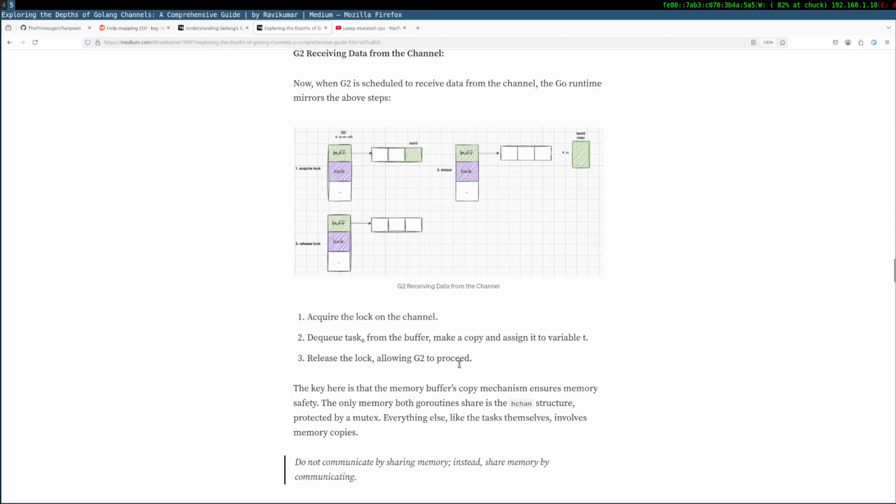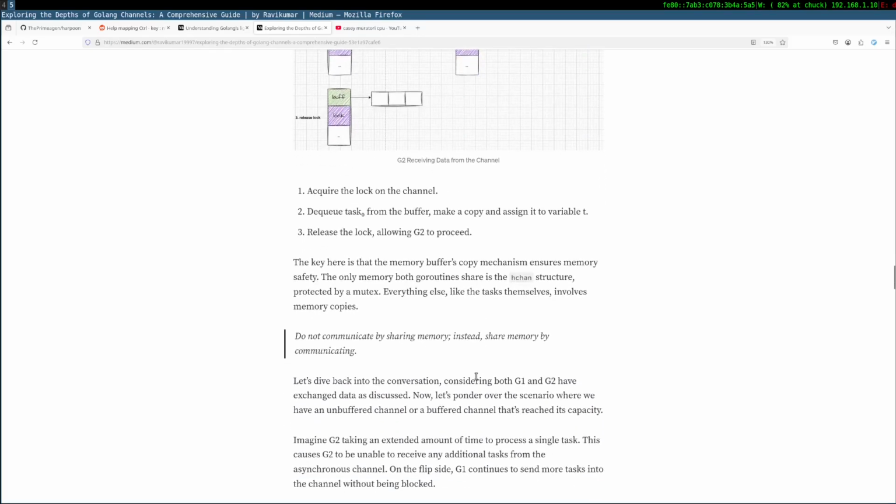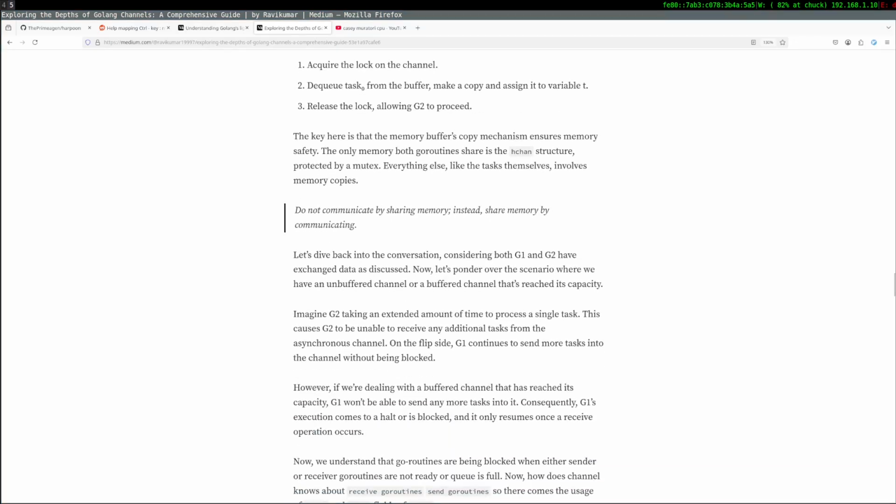Release the lock, allowing enqueue and dequeue. The key here is that the memory copies mechanism ensures memory safety. The only memory both Go routines share is the hchan structure protected by the mutex. Everything else, like the tasks themselves, involves memory copies. That's still something that I can live with.